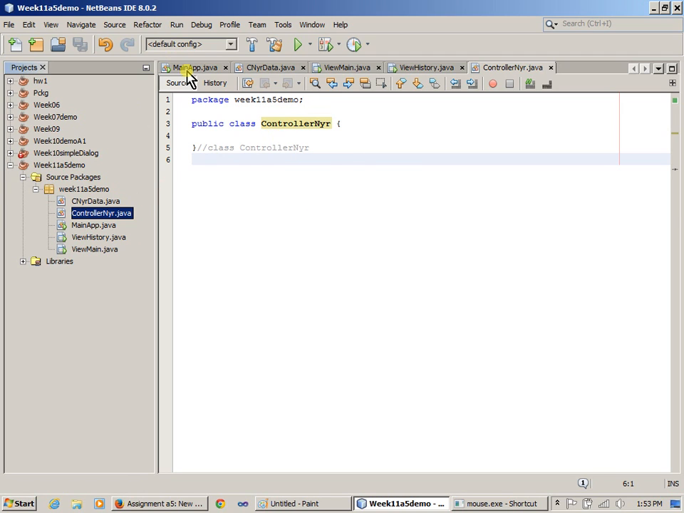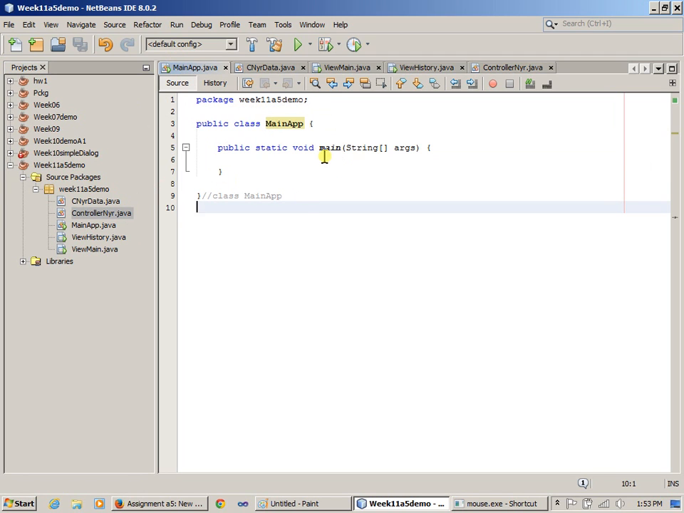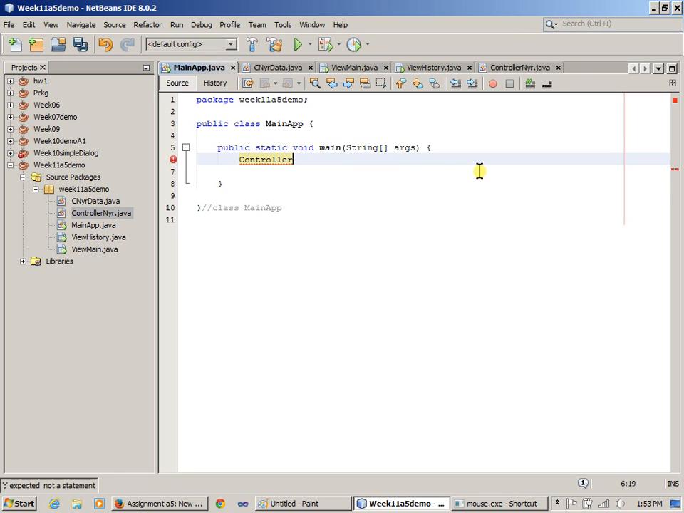The main class, main app, which contains the main method. And ideally, this is what I want. I want to say controller NYR, which is my controller class. I'll just say controller NYR. This is the name of the object, NYR. Equals new controller